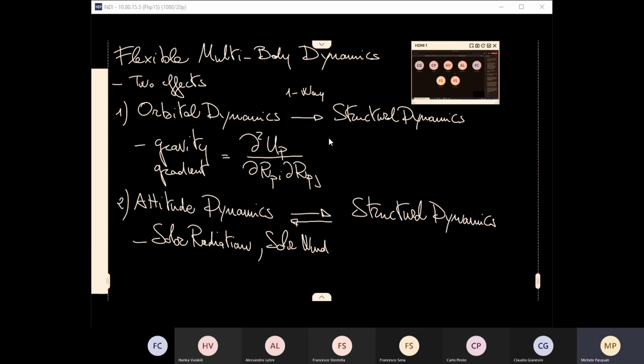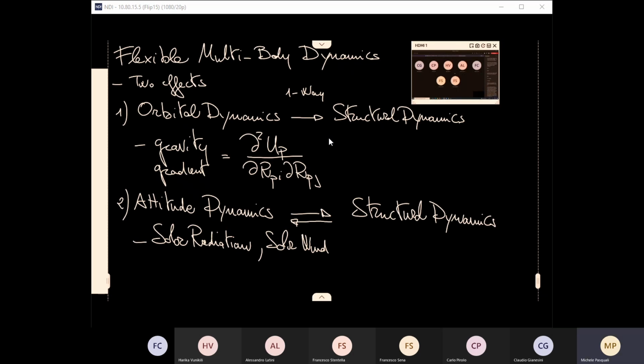Why and how can you actually consider this or disregard this? Well, typically you know that the dynamics of a problem are described, at least in the linear part, by modes of vibration. There is an eigenproblem which can be associated to the linear part of the dynamics of a problem. This is true for structural dynamics and for every other kind of dynamics. So you can have eigenfrequencies or eigenmodes for the linear part.